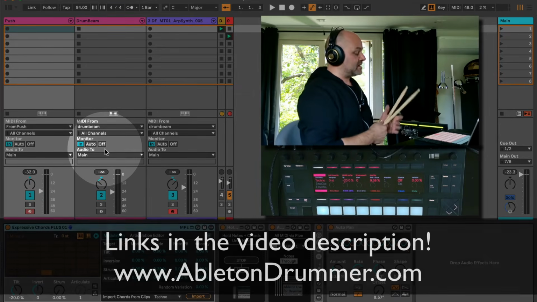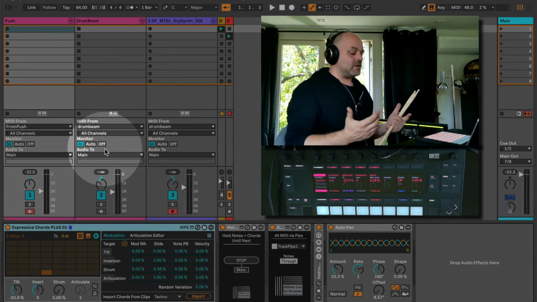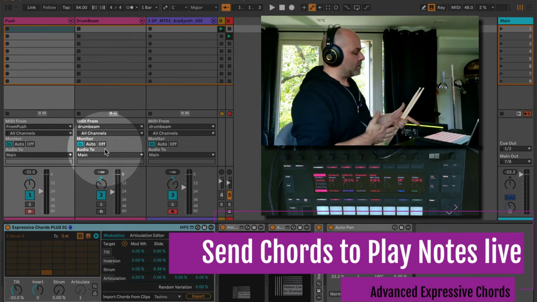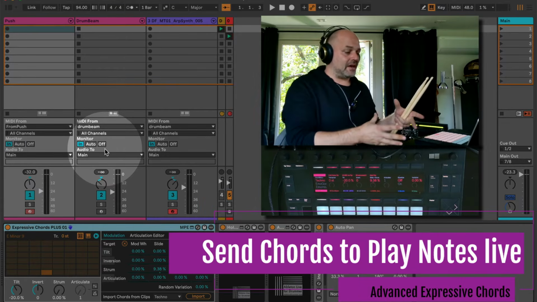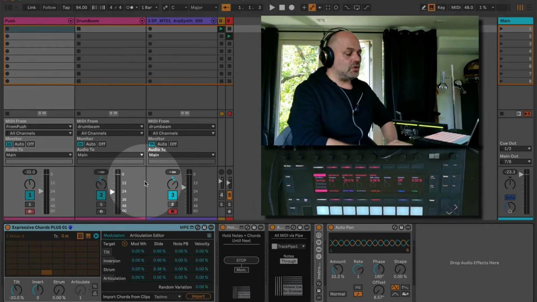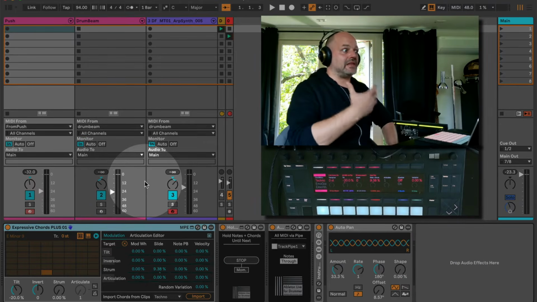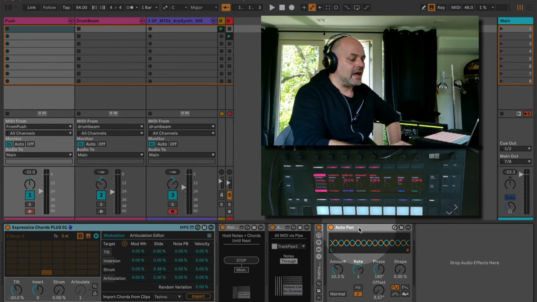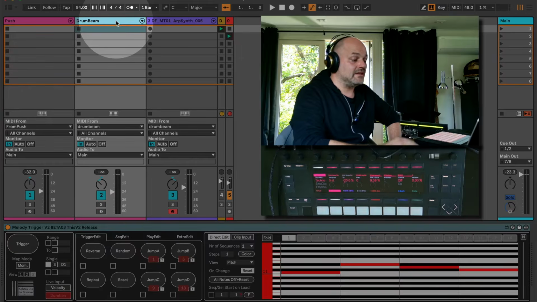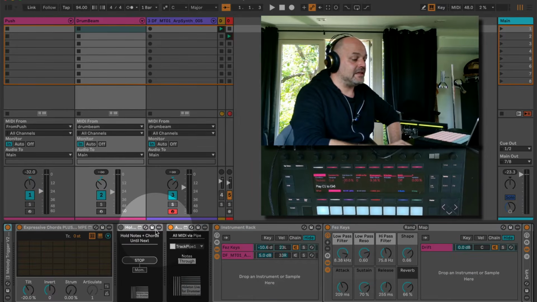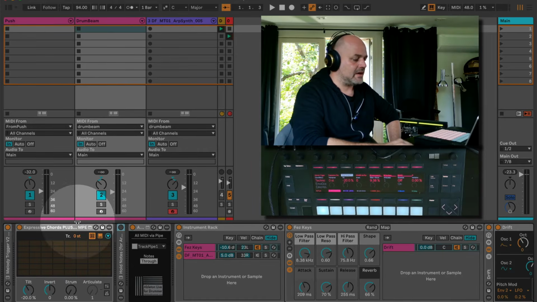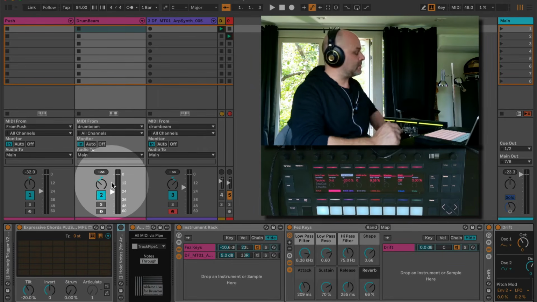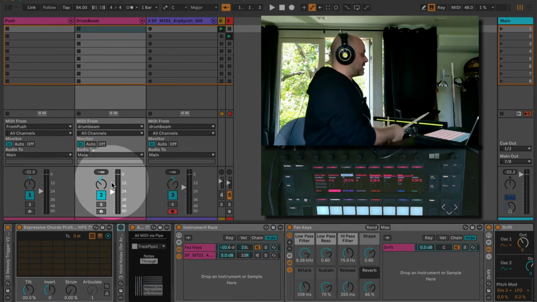And if you want to dive deeper, let's go into how you can send over those chords you are generating in the Expressive Chords device to a different device and then play those notes. Use those current hold notes you got in there and send those over to a different device, or a different track, I mean, to play different chords. So for example, if we have the Expressive Chords device here, which I'm now triggering via the Drum Beam from AFK Audio,